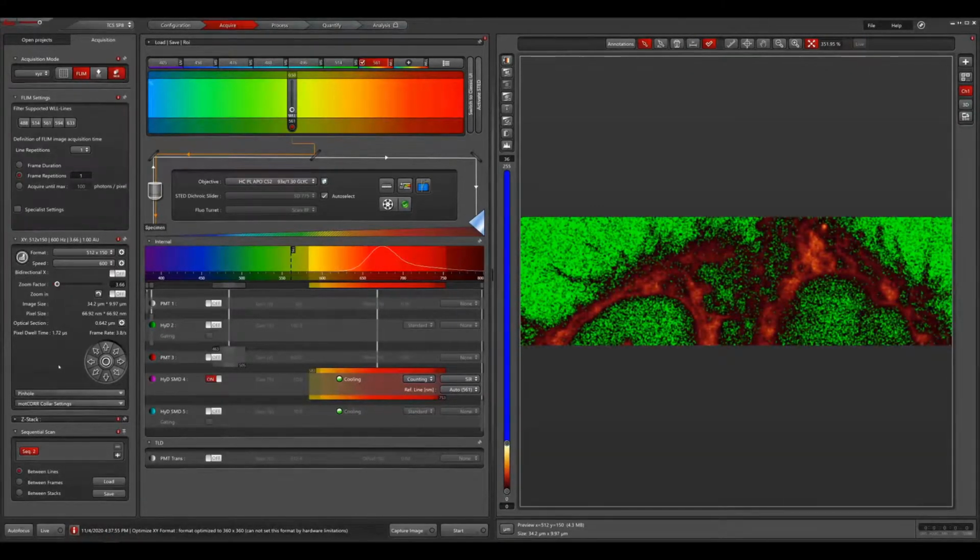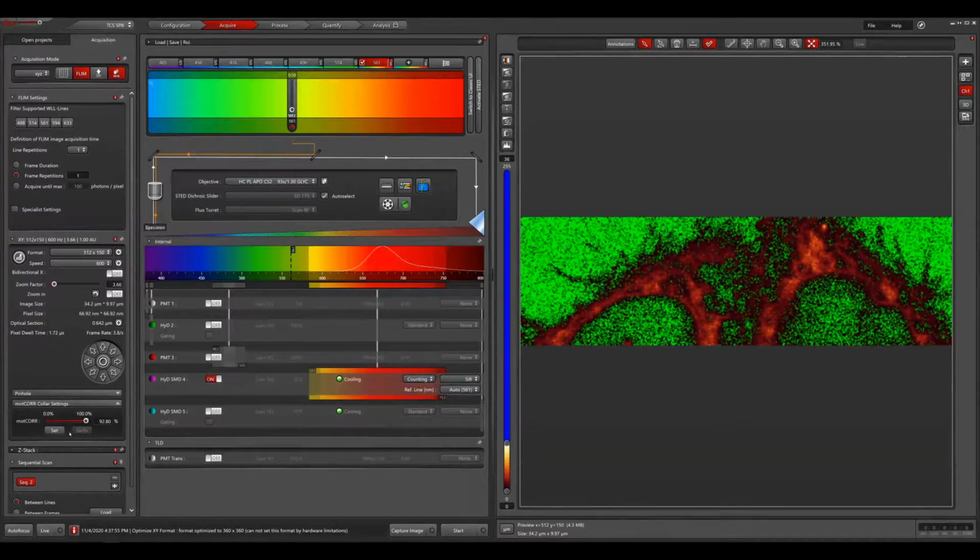Before I move over to the STED part, let me just quickly show you how we are using adaptive optics to actually perfectly optimize our objectives to the current sample that we have on the stage at the moment. And on our systems, we are doing that with a so-called motorized correction collar, which is equipped on our STED objective. Right now I'm using a 93x glycerol STED white objective. All of our STED white objectives have an extremely high chromatic correction, which is of course necessary if you want a perfect Z alignment of different colors, especially in nanoscopy. And what we can do now with this objective is that we can change a correction collar, which will actually change the physical properties of the objective,